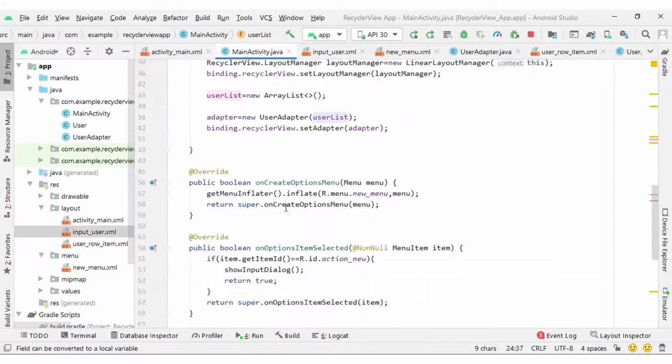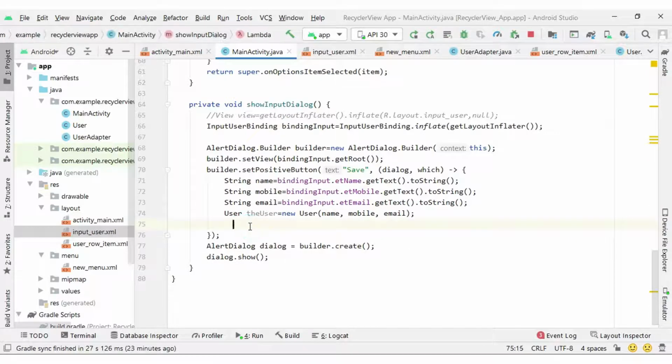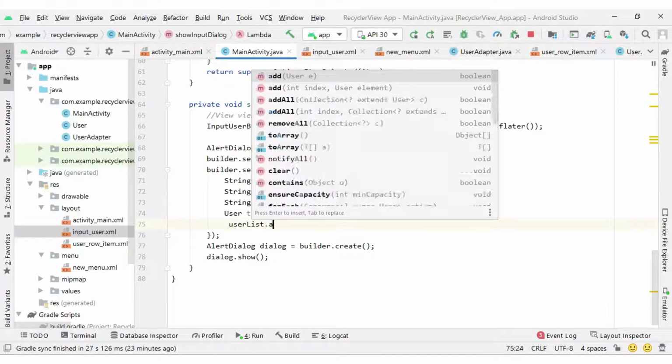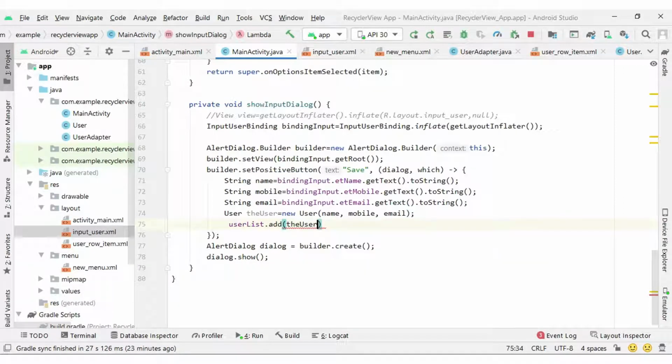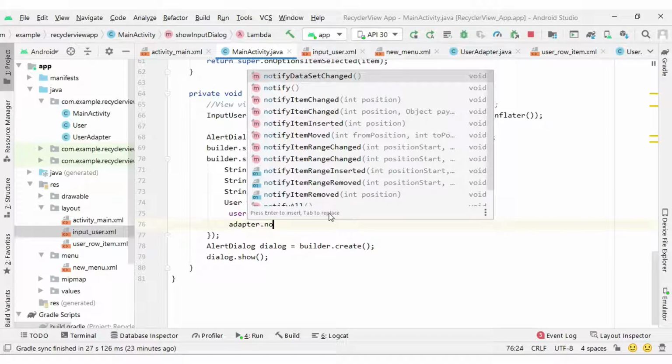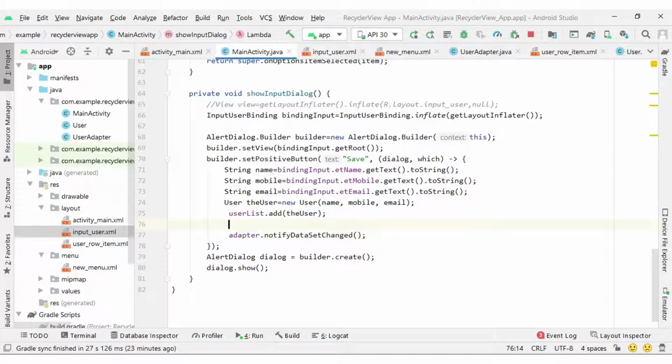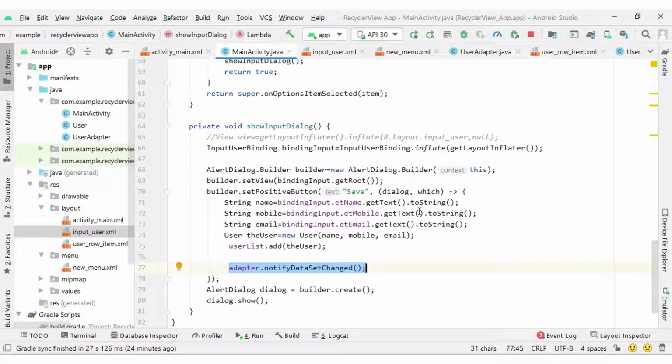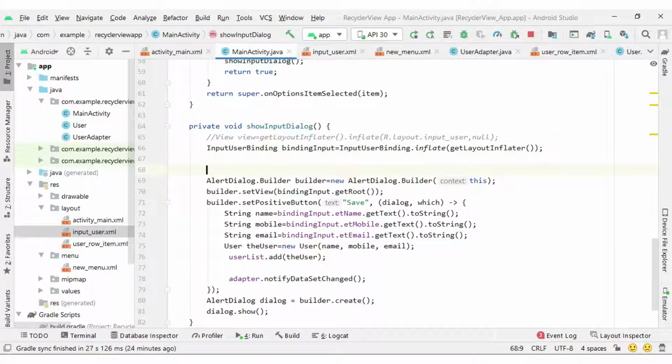You can see the user list we have. So inside the user list I will add this object, and then with the updated list I want to refresh our adapter, right? So we can write adapter dot notifyDataSetChanged. Okay, so adapter dot notifyDataSetChanged will refresh the adapter accordingly. The updated data will get displayed in our recycler view. Okay, so this is how you can complete the code, and it will get updated in our recycler view whatever data you are adding. Also you can set the title with this alert dialog.